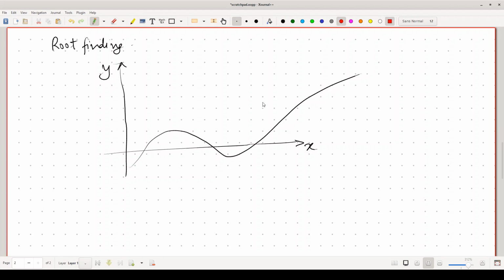So let's say the function is f of x. The points where it intersects the x-axis are the location of the root. So this root will be say x1, this root will be x2, and this root is say x3. You can look at a plot of the function and say approximately that the root is over here. But how do you exactly find out the value of the root?